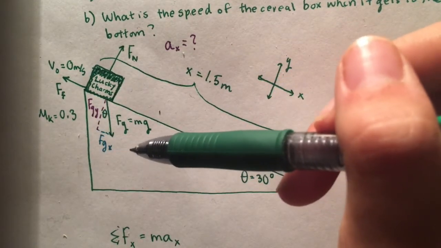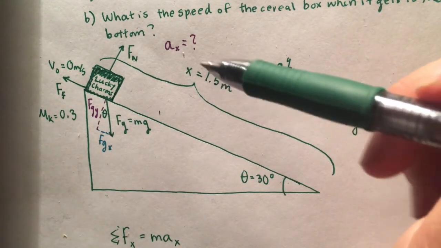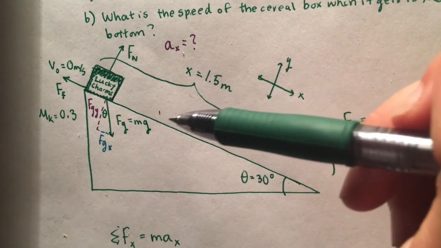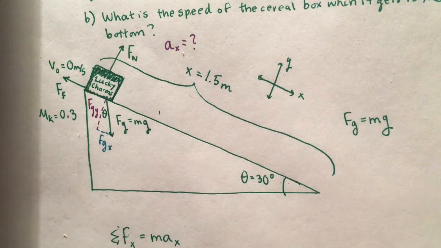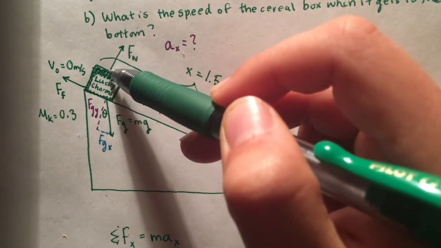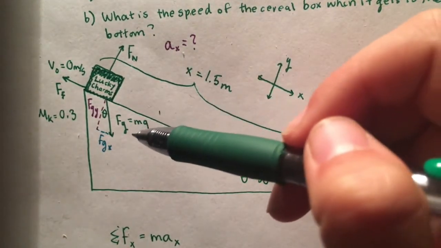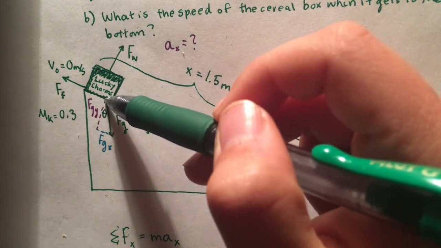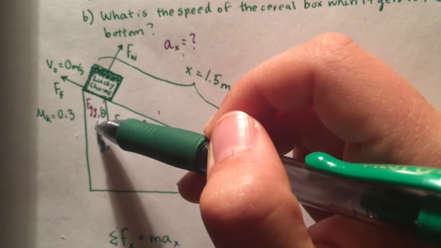So that means that the net force along the y-axis, perpendicular to the plane, is 0, which means that the normal force acting perpendicular to the plane has to cancel out with the only other force acting perpendicular to the plane, or the vertical component of